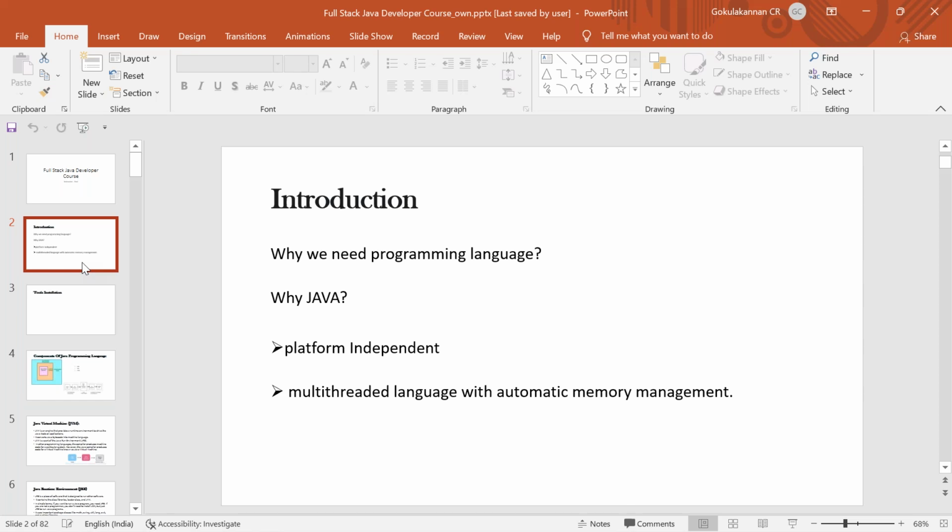Either they do development in Java or some automation using Java, like Selenium scripts. So why is it widely spread? There are many things you can see online, but I personally feel, based upon my work experience, that one of the key unique features why it is famous in the market is platform independence.